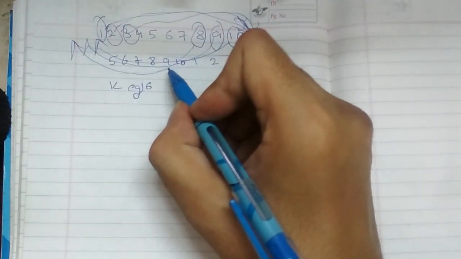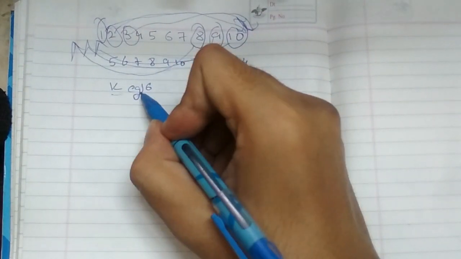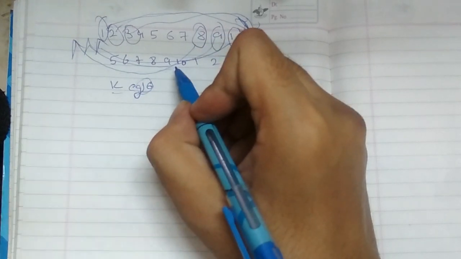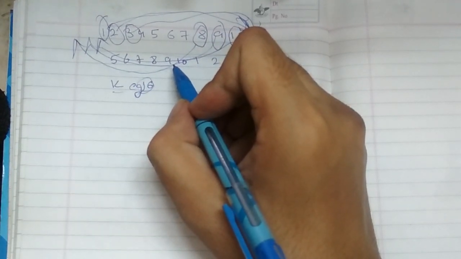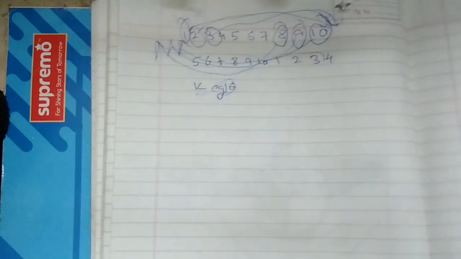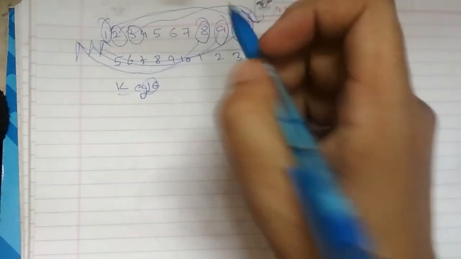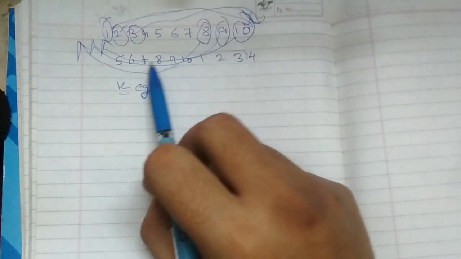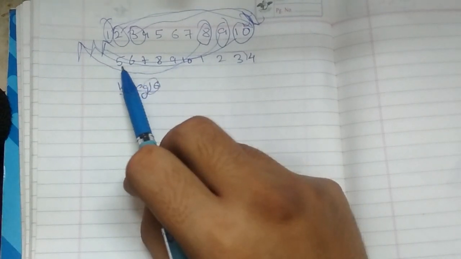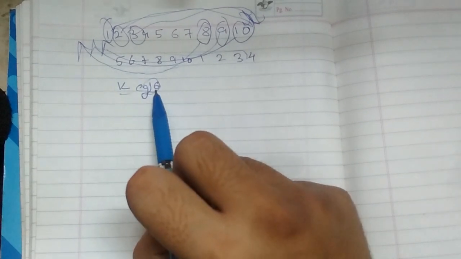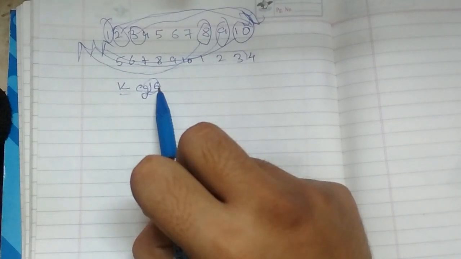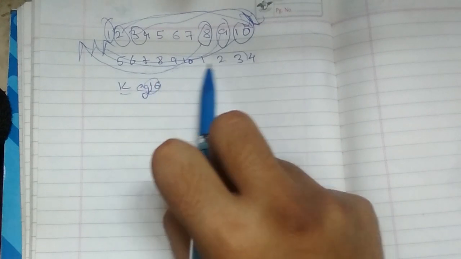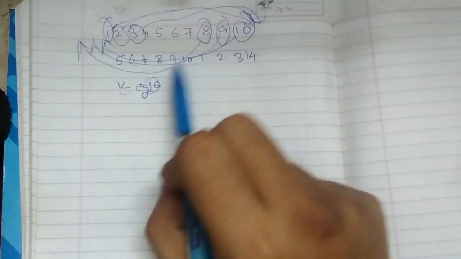And in this array we have to find an element k, for example 6. We have to find whether this element exists in the sorted and rotated array or not. So the solution to this question would be to do a linear search. Check each element one by one, starting from the left hand side, whether it is equal to 6 or not. If it is equal to 6, we return the index of that element. If this element is not found in this array, then we return -1.